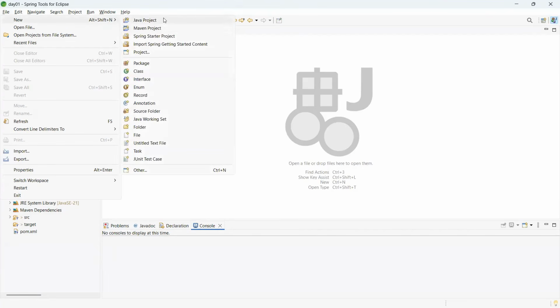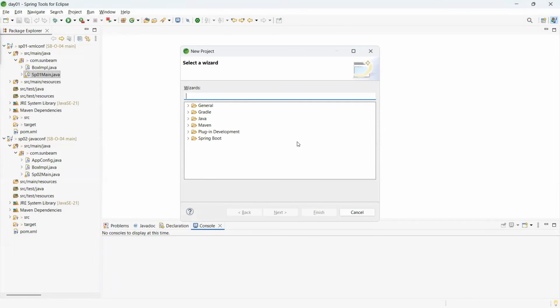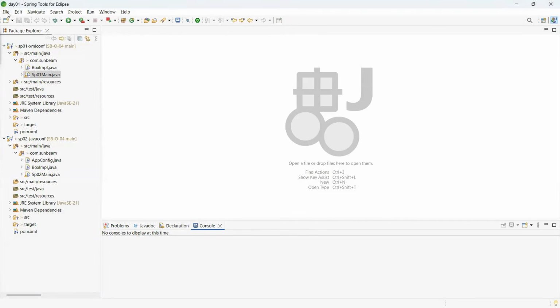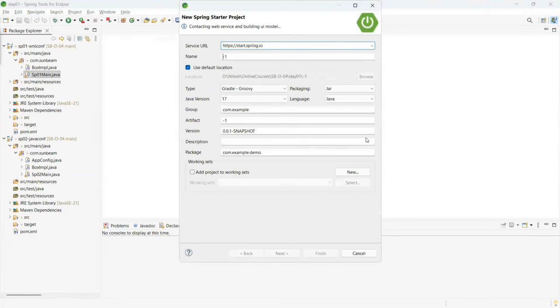File, new, Spring Starter project. Oh, now we are not creating the normal Spring. ये Spring Boot का project है. I say that Spring Starter project. ये Spring Starter project अंदर क्या करता है वगैरह वगैरह सब कुछ we will discuss tomorrow. Join at 8 o'clock. Correct? Then let me create SB01